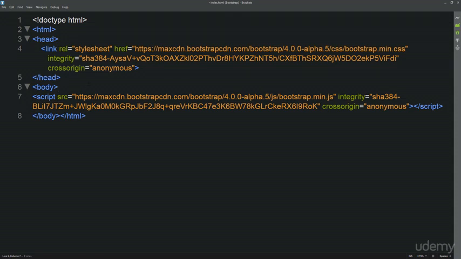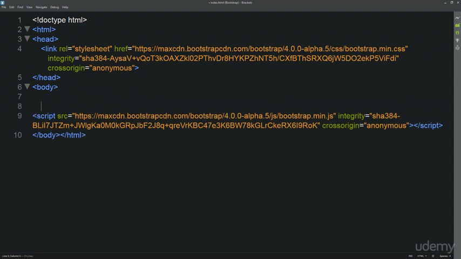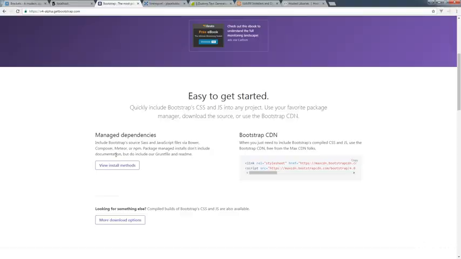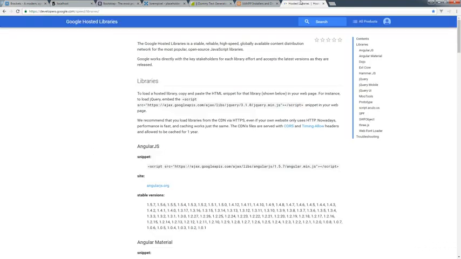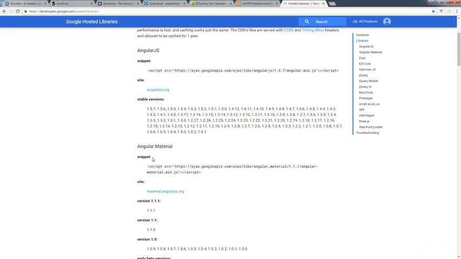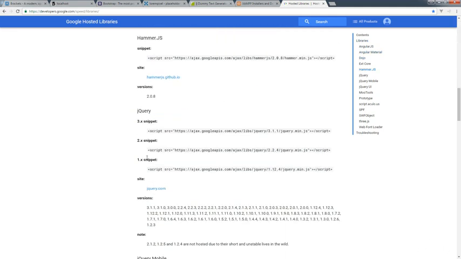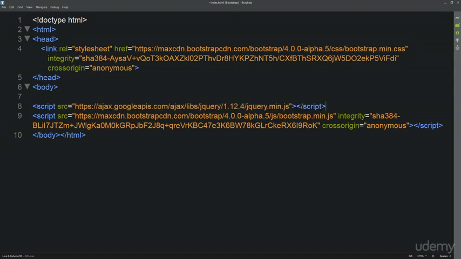So now we've got our basic output here for Bootstrap, and we need to add in a few other things. Because we're linking to the CDN library, we also need to link out to jQuery. Usually I use developers.google.com as my source for jQuery. So just going down here and picking up that jQuery library, copy, paste it in. Make sure you place it ahead of the Bootstrap file before it loads, because Bootstrap